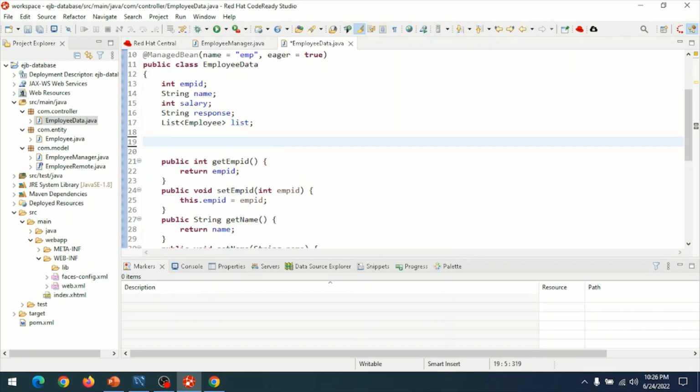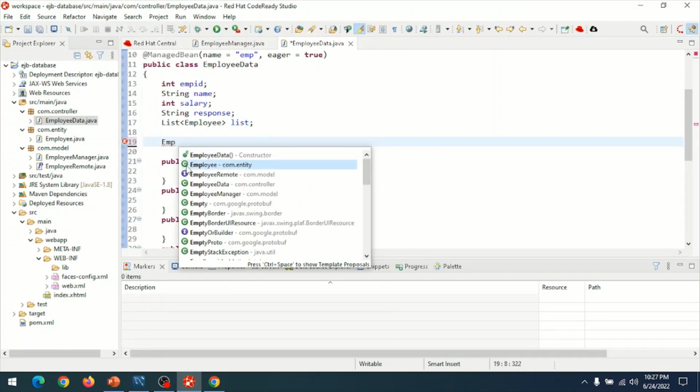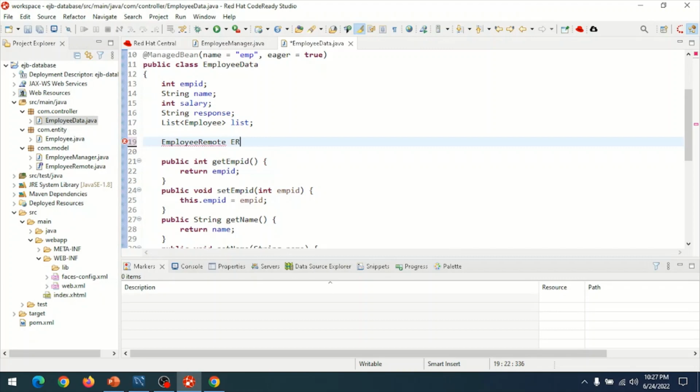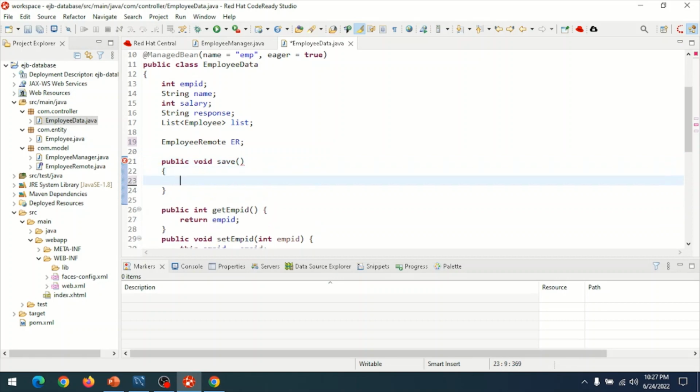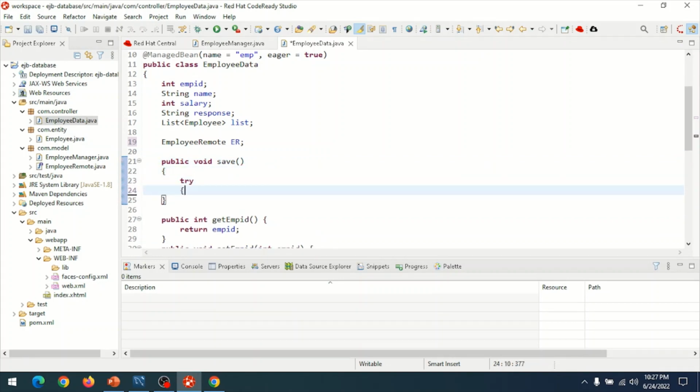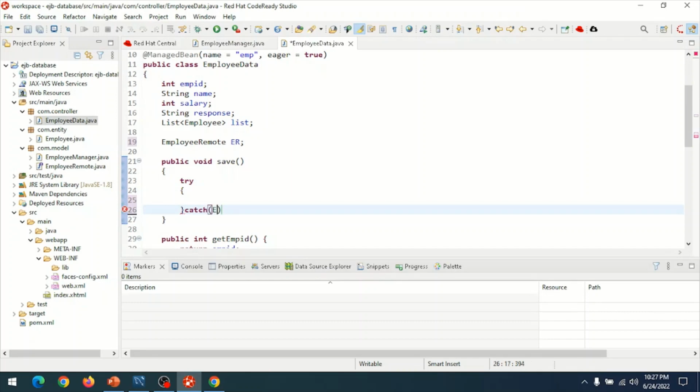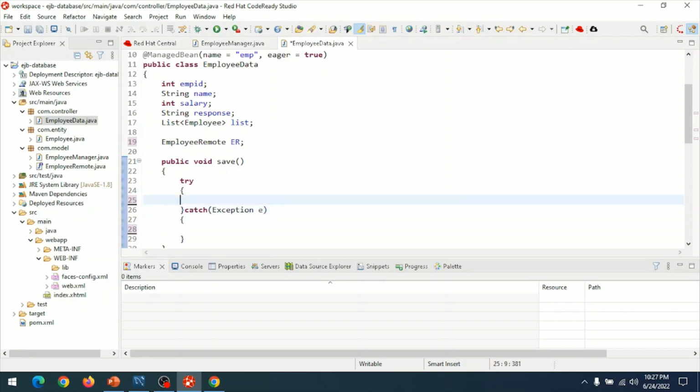Once the get and set methods are generated for the instance variables, then create an object for the interface EmployeeRemote, then create a method to perform the insert operation. Create a try catch block. In the try block, create an object for the entity class Employee